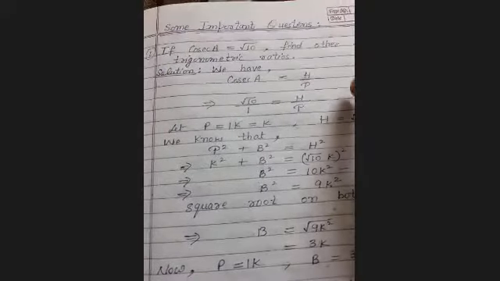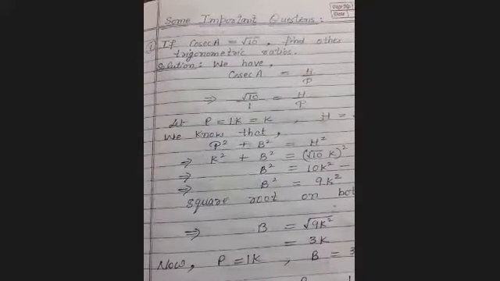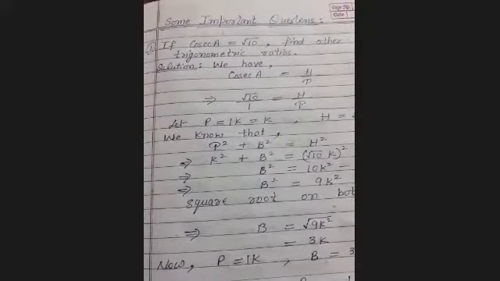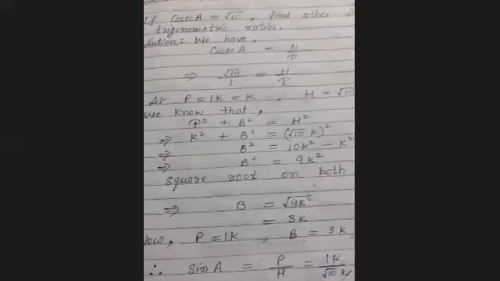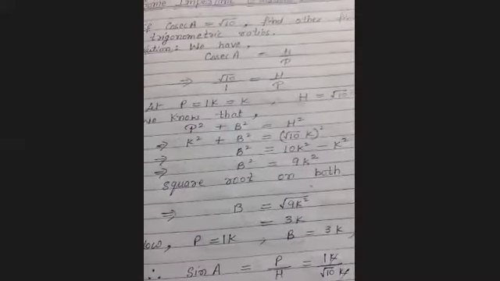As cosec A is given to you, and you know cosec A is hypotenuse upon perpendicular, it means the value of cosec A is root 10, which can be written as root 10 upon 1. As we know that they are in the form of ratio, therefore P equals 1k and hypotenuse equals root 10k. As we know the relation between perpendicular, base and hypotenuse, that is by Pythagoras theorem, we